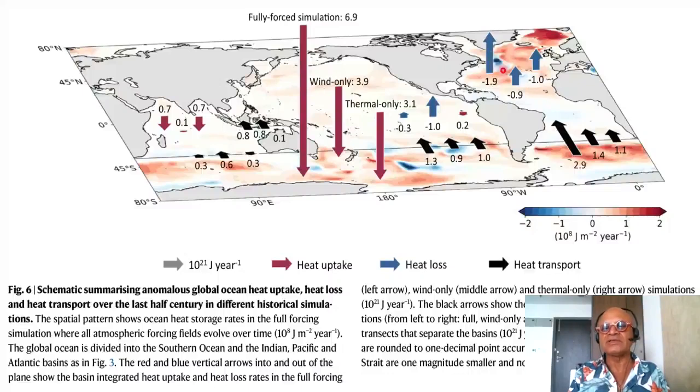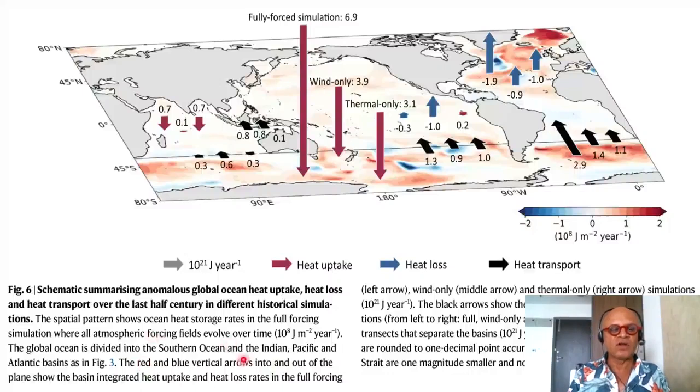loss. So that explains the surface trends we have looked at elsewhere, where there is a warming hole here, and of course there is lots of spatial variability in the Southern Ocean because of its high spatial variability in terms of eddies and so on. Nonetheless, there is large heat storage here, and there is a large heat storage here in the North Atlantic into the North Sea, Norwegian seas, which is obviously bad news for the Arctic, for the heat transports involved there. Okay, the global ocean is divided into the Southern Ocean and the Indian, Pacific, and Atlantic basins,